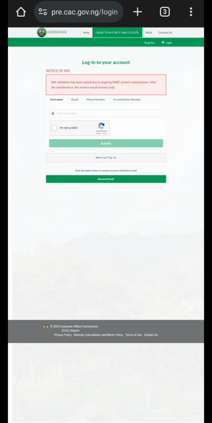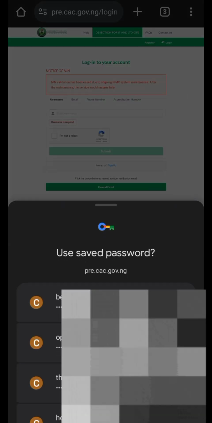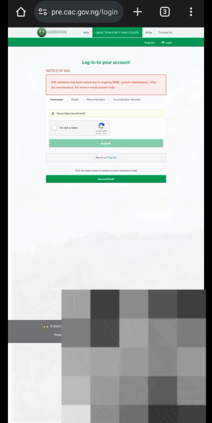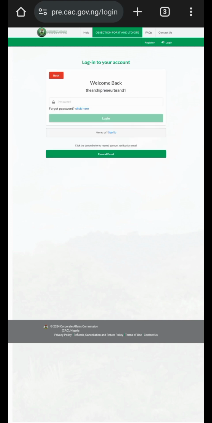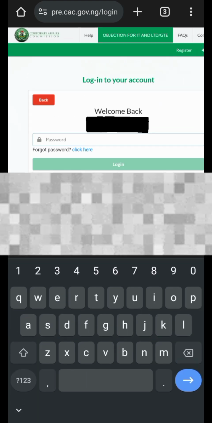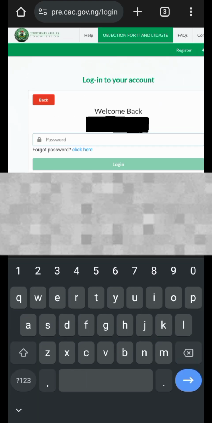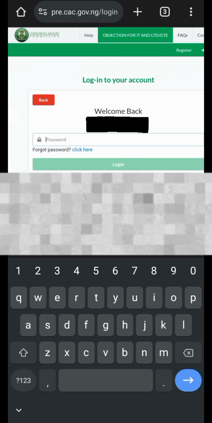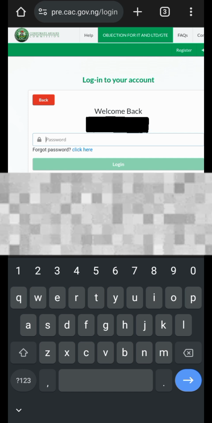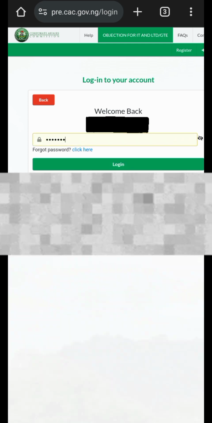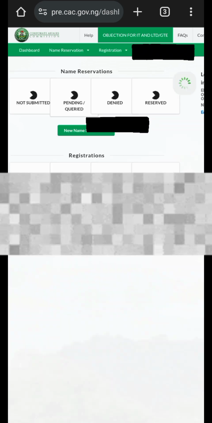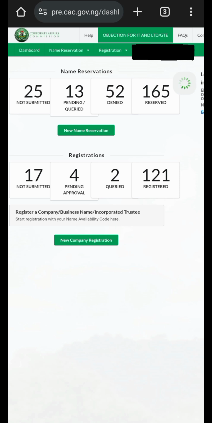I just clicked on the login button now, and I'm going to be logging into one of my agent's accounts. Let me use this one. Watch me keenly. I'm just going to input the password. Hold on, let me search for it. Hold on, it should be somewhere around here. Okay, I think this is it. Alright, so now that we've logged in successfully,